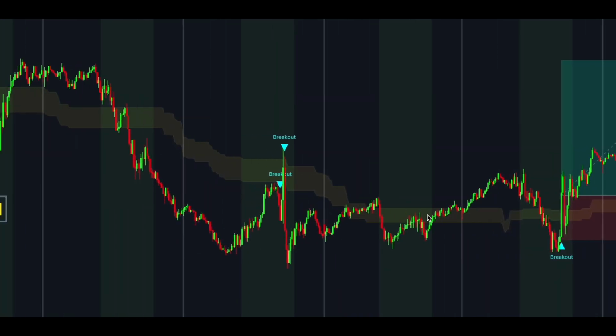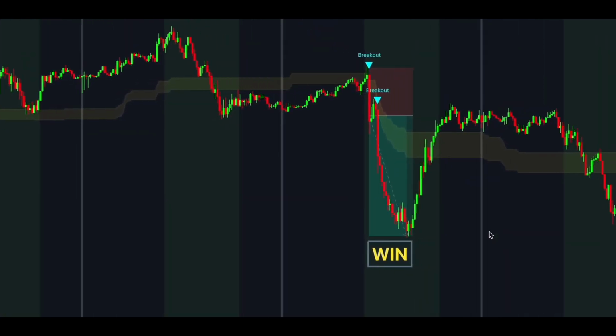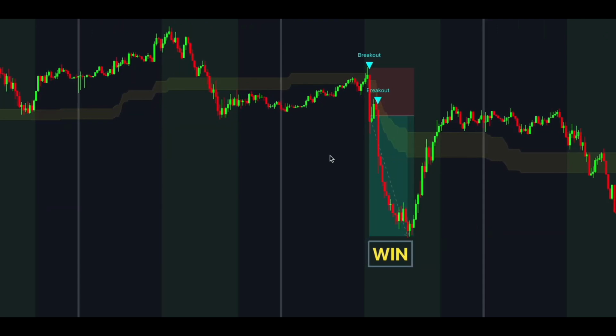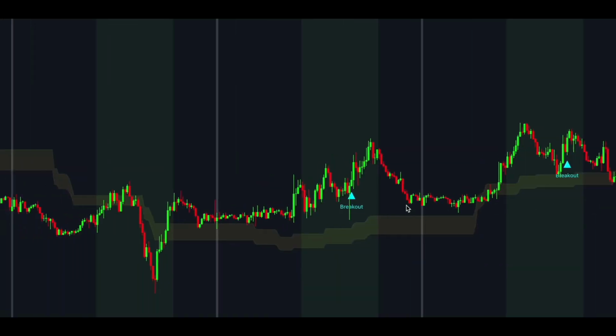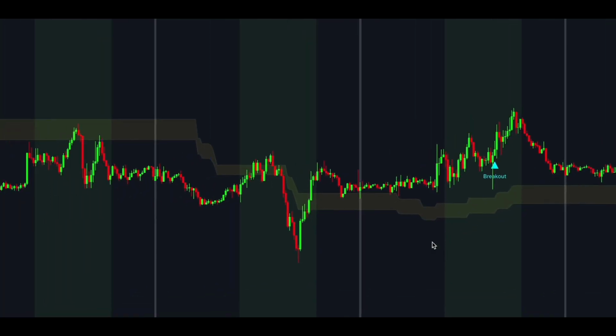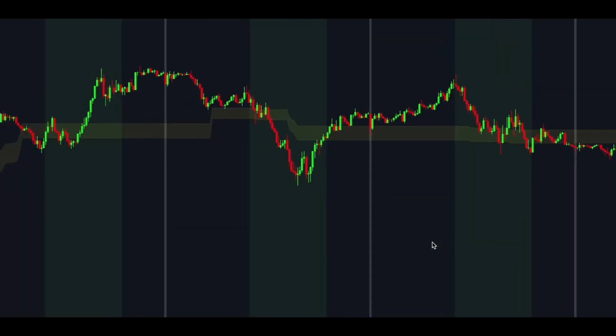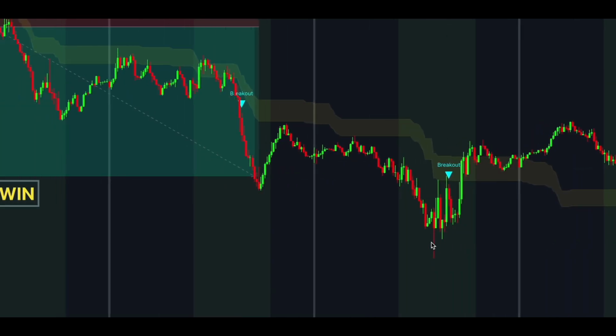We discovered a secret way to use these magic tools to our advantage that no one knows about. In this video, we'll reveal our strategy as well as the indicators and their settings. By the end of this tutorial, you'll be able to identify profitable trade opportunities that are out of sight for